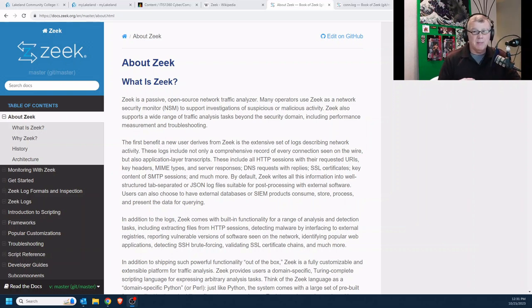We might be talking about intrusion prevention systems, which tend to be an active participant on the network. They're constantly monitoring and looking for activities, and if activity occurs, then we alert. Passive means we're basically collecting data for use later on. So Zeek is a passive open source network analyzer that creates a series of log files. The interesting thing I find about Zeek is they have different formats you can use to look at their particular log files.